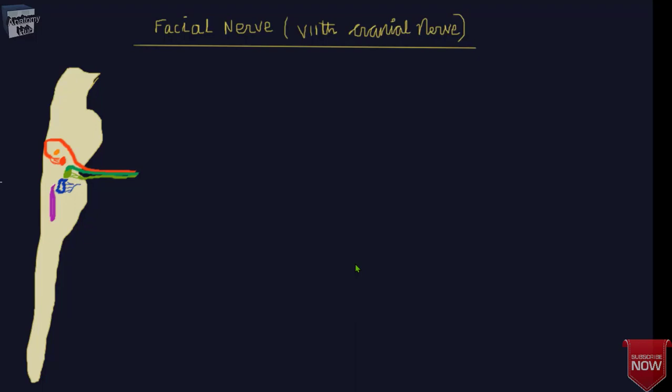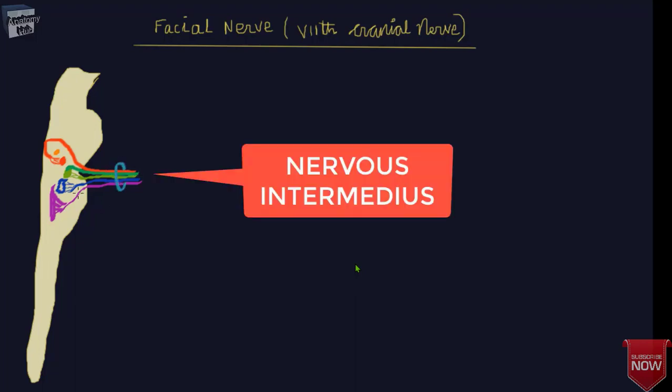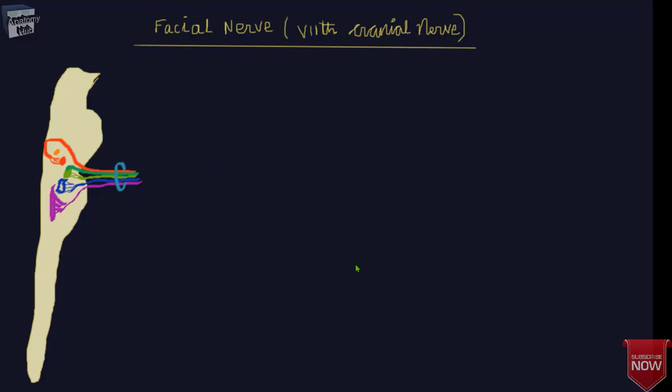Now here you can see in the blue the fibers connected to the tractus solitarius and coming towards the pontomedullary junction, known as the taste fibers. They are connected to tractus solitarius, and here you will find the general sensation pathway, general somatic afferent pathway, from the spinal nucleus. Then this bundle of fibers is known as your nervus intermedius. So this nervus intermedius will approach towards the internal acoustic meatus.